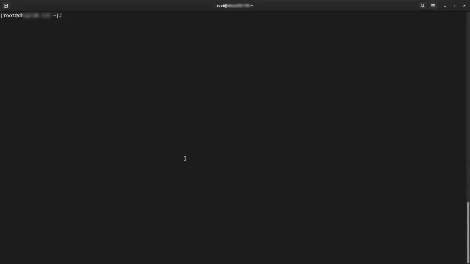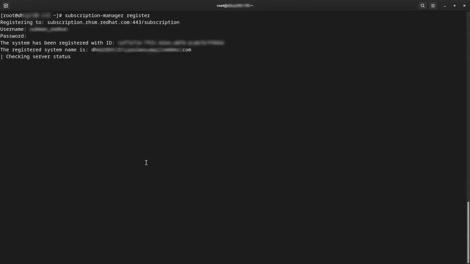First, register the VM with the portal. Use the following command: subscription-manager register. After successful registration, the system will automatically fetch the default repositories based on the installed product and available subscriptions in your account. Then check if the virt-who package is installed or not using the command. So in this case, it is not installed. Now install the virt-who package by running